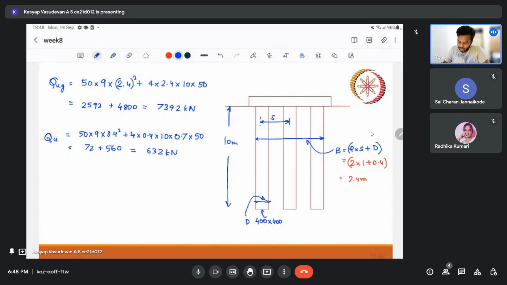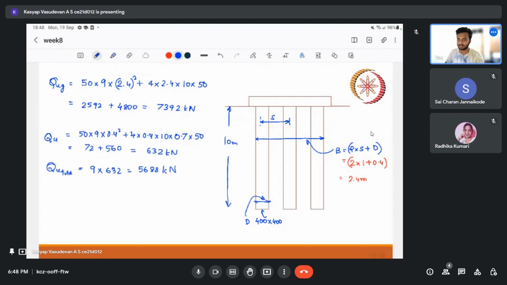Okay, so we have 632, but that is for one pile. So what is the total? Our total pile capacity, if I write QU total, is equal to 9 into 632, that is 5688. So here our group efficiency is higher, but whenever we are trying to design the piles,